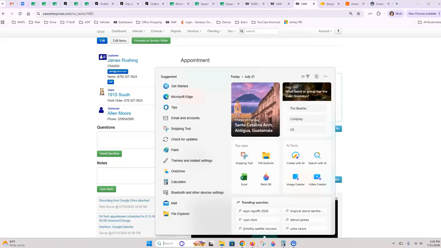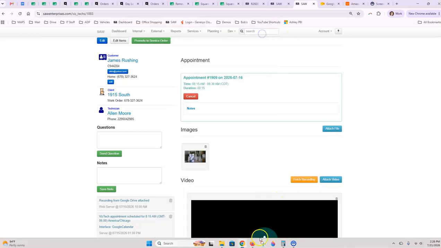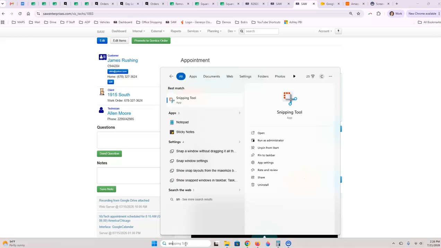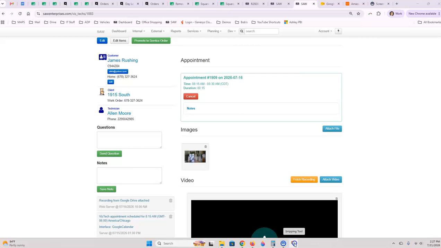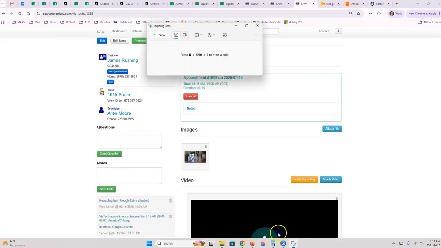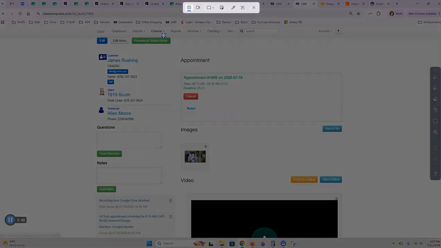So again, in your search bar on your taskbar, I'll take it off actually. Let me remove this, unpin from taskbar. So we'll go snip. Here's your little snipping tool. If you right click it, you're going to pin it to your taskbar. So right now there's no snipping tool shortcut essentially here. If you pin it to your taskbar, now it's there, and you will always have it there at the bottom, so that when you get a good shot in your video, you can just click your snipping tool. Here comes your pop-up. You click new,